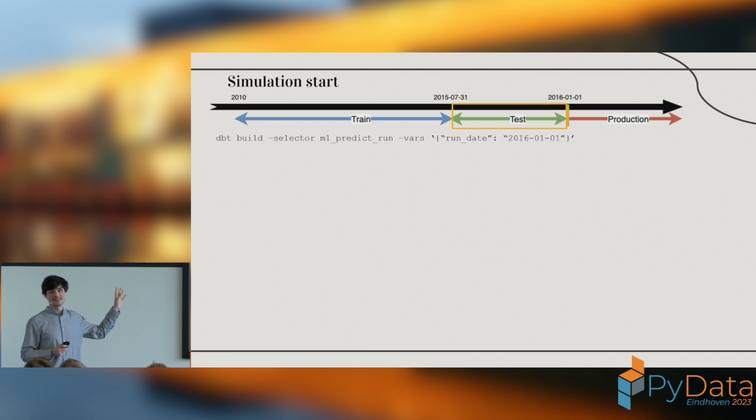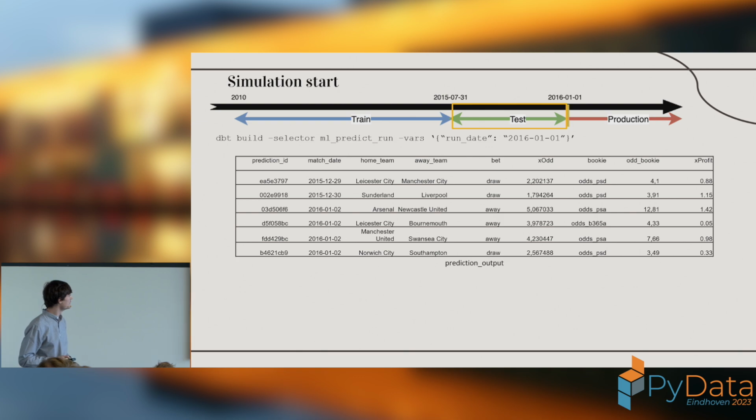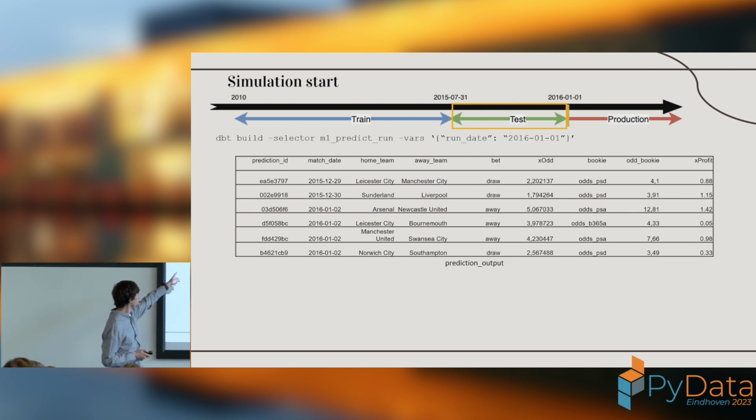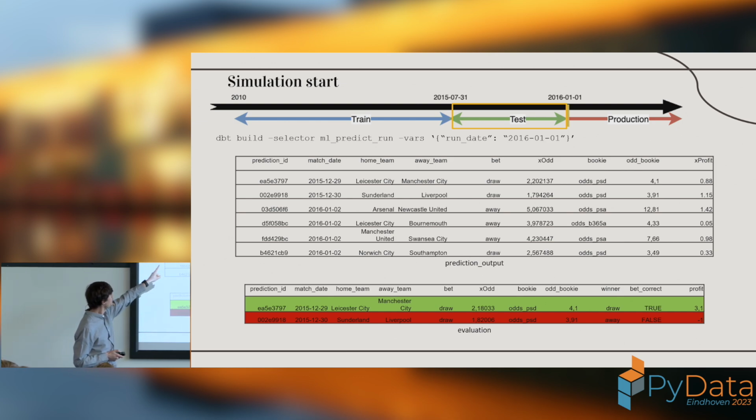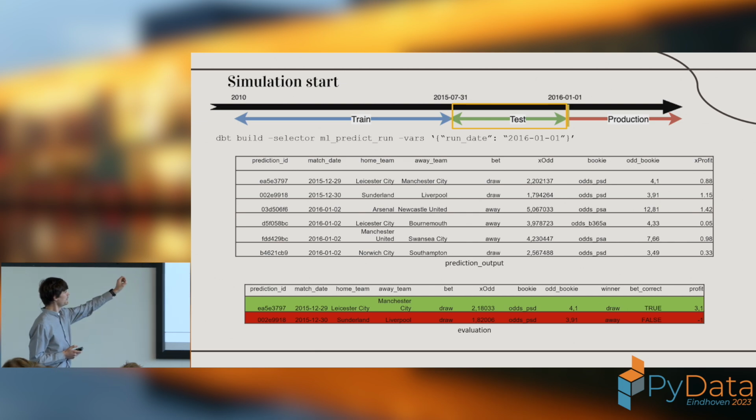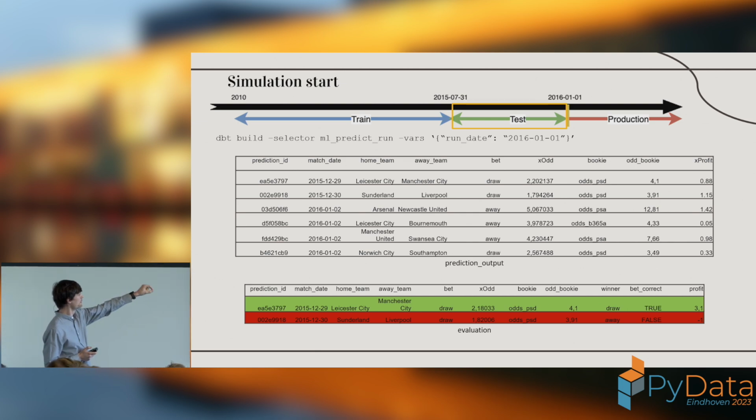So now I can actually simulate on my test set, which runs from the 31st of July up until the 1st of January. And this is the result. So I have indeed odds for everything. I also have an expected odds, and I see if my expected odds is lower than the odd of the